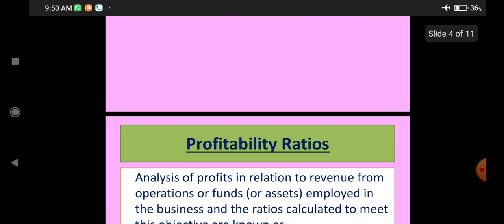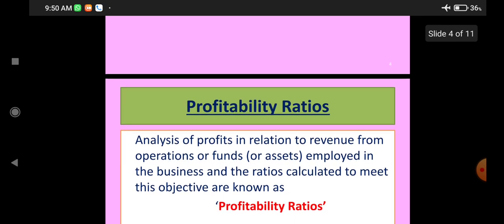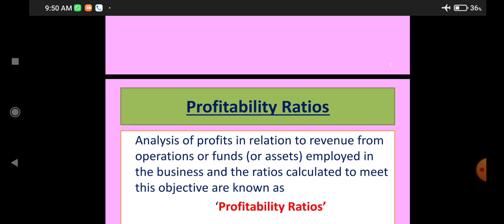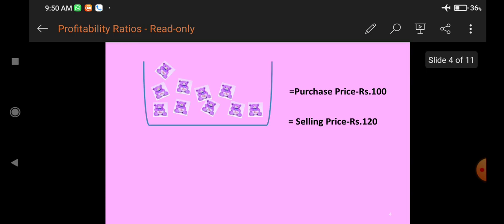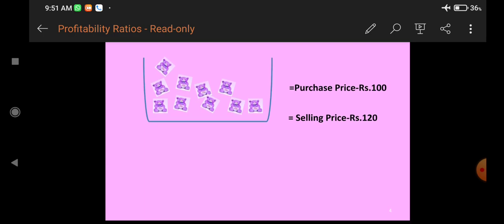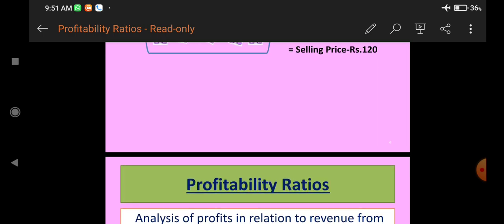So in this way, we have to calculate what is gross profit and what is net profit. Here the selling price is 120 and the cost price is 100. So everybody will say that the businessman has earned a profit of rupees 20, but in this case the profit of 20 is called gross profit. But the accountant has taken into account different indirect expenses like transportation cost or the cost of the businessman. After taking all into account, the business may suffer loss. So that is called net loss.